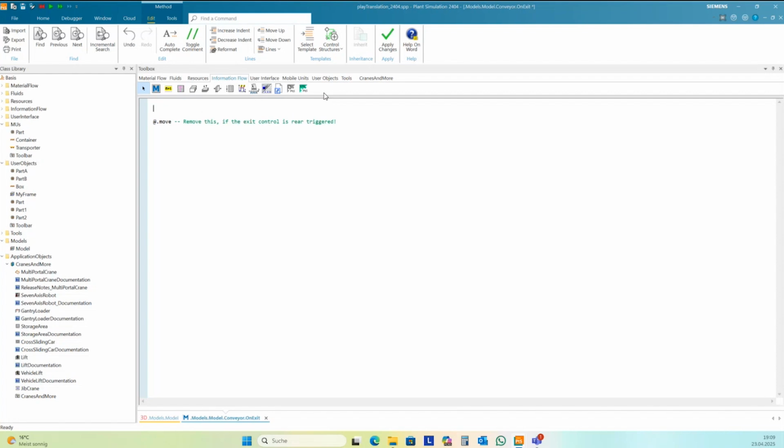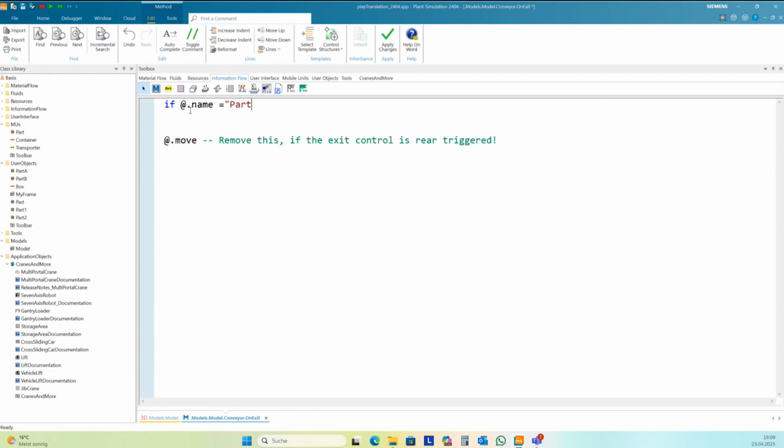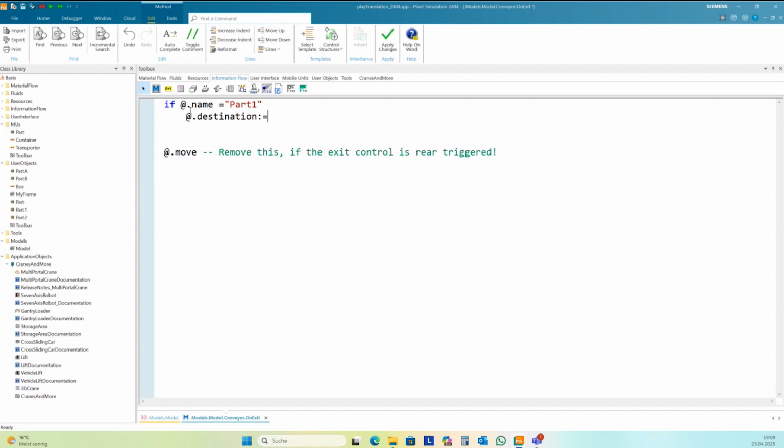And this is quite easy. If the name of the part is part 1, then the destination is conveyor 2.